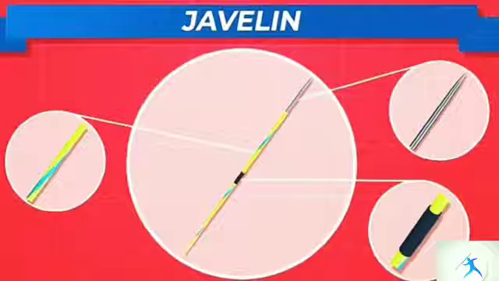The javelin used in the game consists of 3 parts: tip made up of metal, soft bite made up of wood or metal. In the center, a grip is provided and the diameter of grip is about 0.31 inch more than the shaft. In javelin throw, center angle is about 28.96 degree.